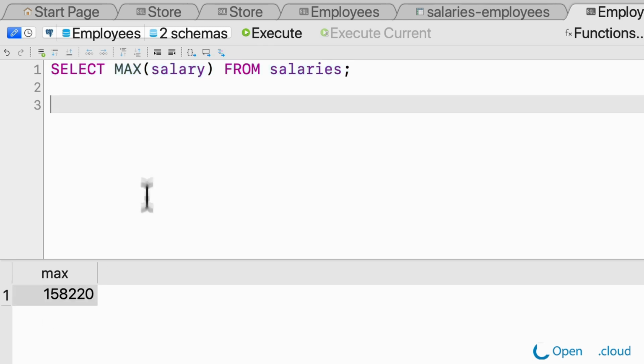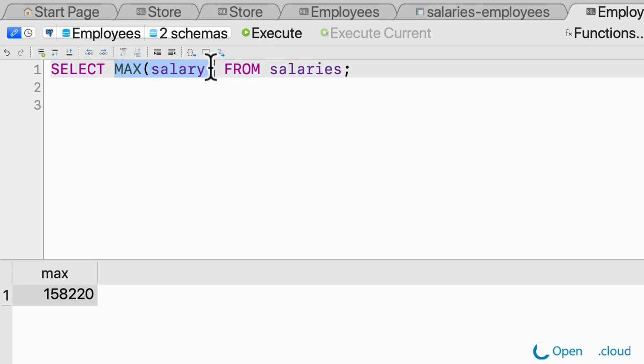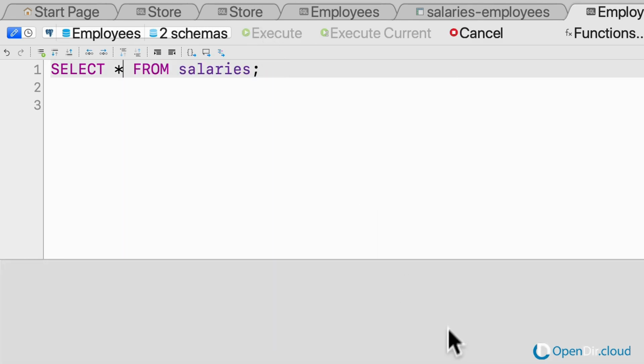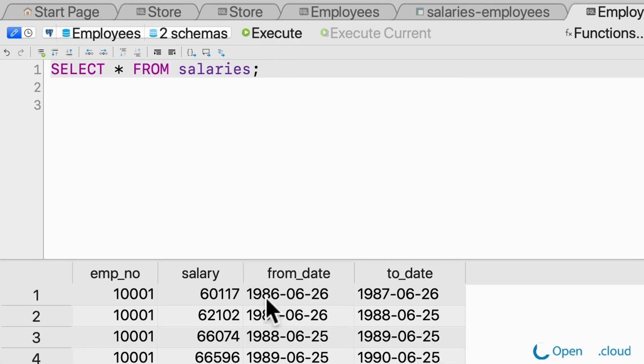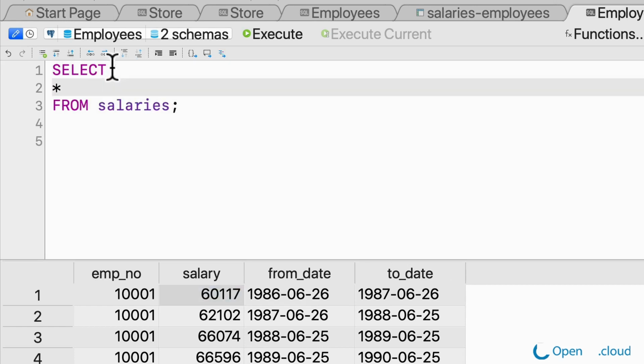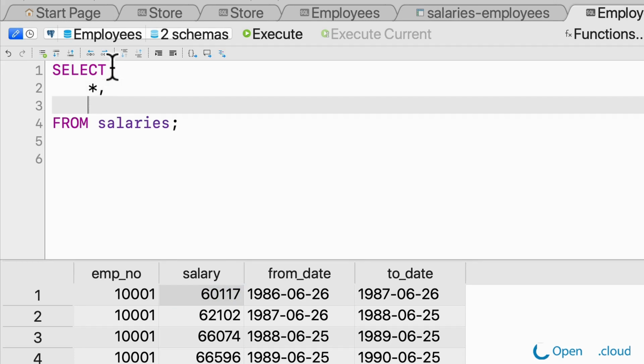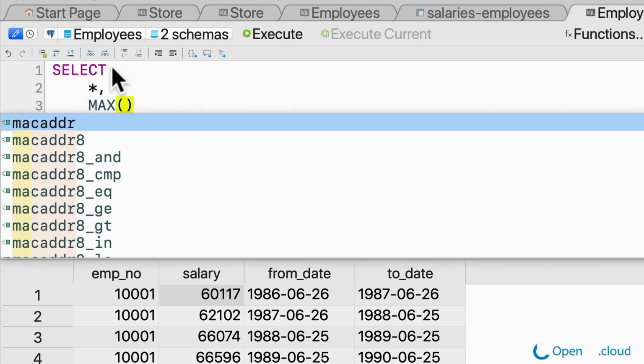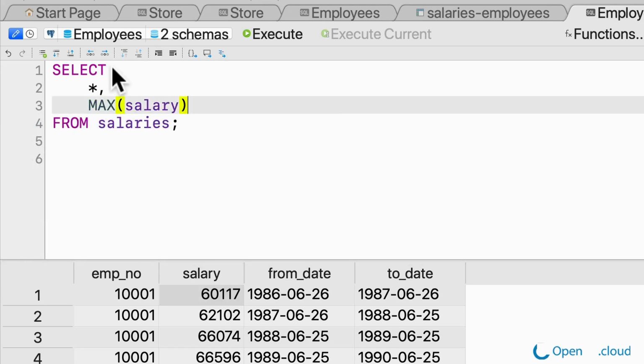Now, if I asked you the question, well, how do I show that max salary beside each individual row? So I want to be able to say, hey, this is my salary, and base it off of the max and kind of see, hey, how far am I from that max? Well, we just learned how. So knowing that, we can apply a window function, right? And so we said, all right, we did max salary, right? Cool. So if we do this,